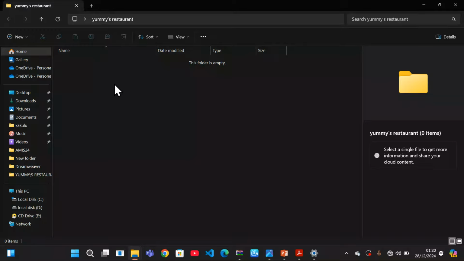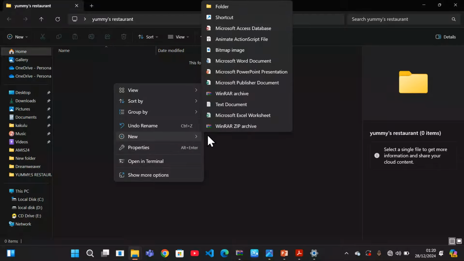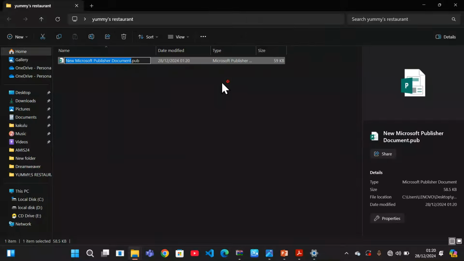So I'm going to right click, then I'll go to new. When you go to new, I'm using Windows 11. If you're using Windows 10, it may be a little different, but still you'll see new right here. So instead of folder, I'm going to look for a Microsoft Publisher document right here. So I'm going to click it, and I'm going to name it right there. So let me rename it